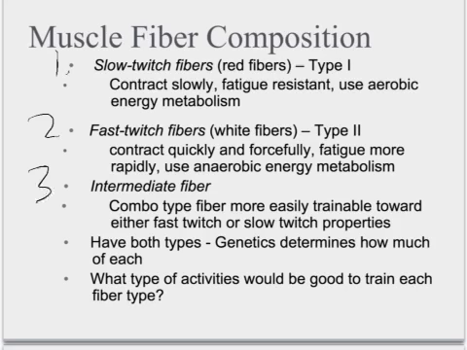And you can read a little bit about what each is, but put briefly, slow twitch are going to be red fibers, and fast twitch are going to be white fibers. Slow twitch are going to be more for people who are better with maybe cardio fitness or aerobic type exercise. They don't really get tired very quickly. Those fibers can go on and on and on. They're not as explosive. And then fast twitch fibers would be the exact opposite.